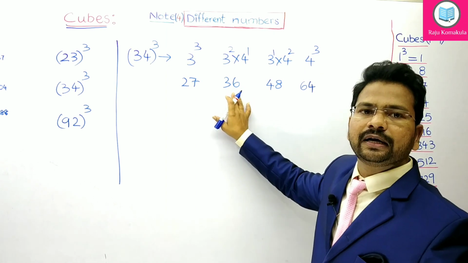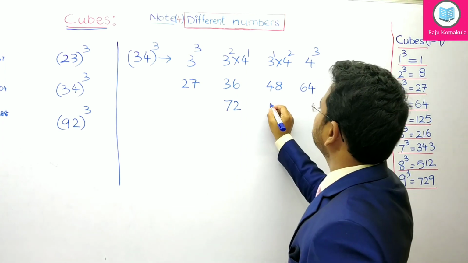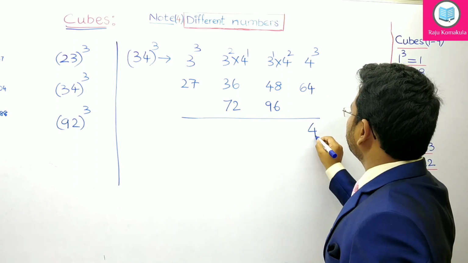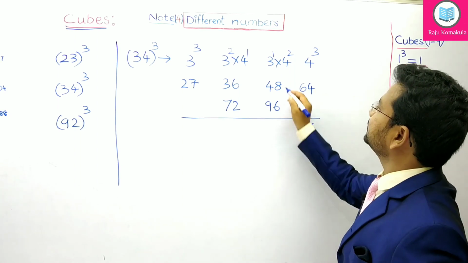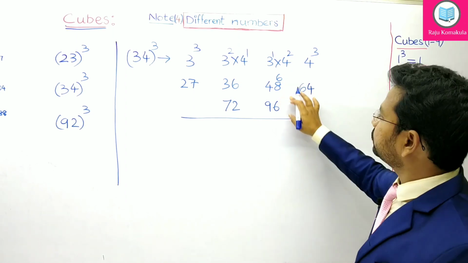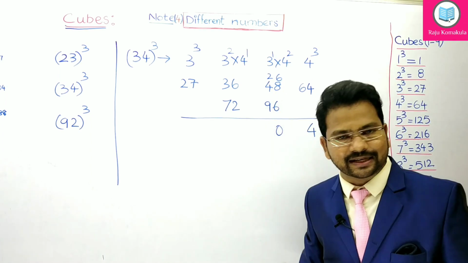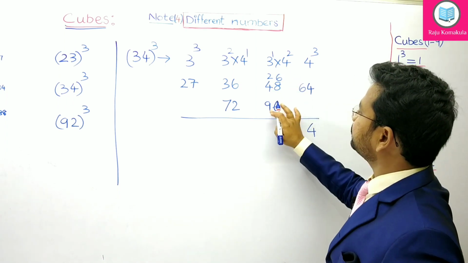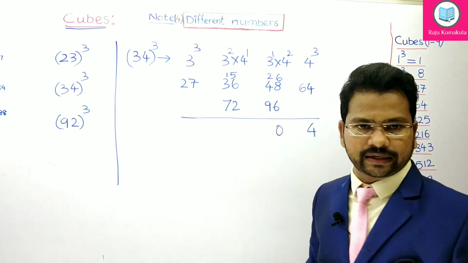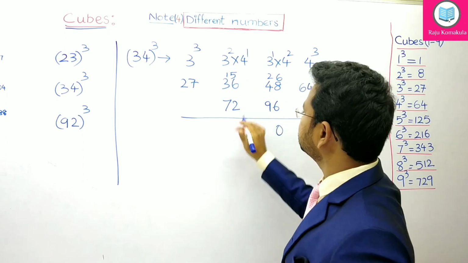Okay, making double of this 36, that is 72. Double of 48, that is 96. Now I am adding. Okay, write 4 here. Now take carry 6 as carry. Okay, 6 plus 8, that is 14. 14 plus 6, 20. Now take 2 as a carry. 2 plus 4, 6. 6 plus 9, that is 15. But here take 15 as a carry, right? Now 5 plus 6, 11. 11 plus 2, it is 13.